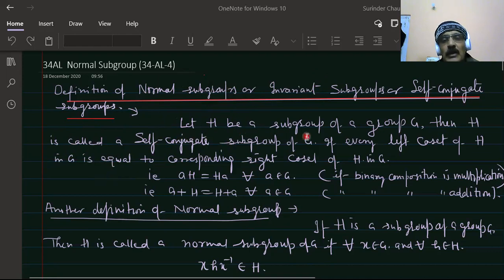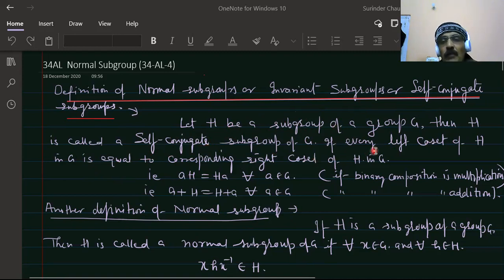Let H be a subgroup of a group G. If it is a subgroup of a group G, first it is a subset of group G, then it is a group in itself. Any subset of a group G is a subgroup if it satisfies all four axioms under the same binary composition. So let H be a subgroup of group G, then H is called a self-conjugate or normal subgroup